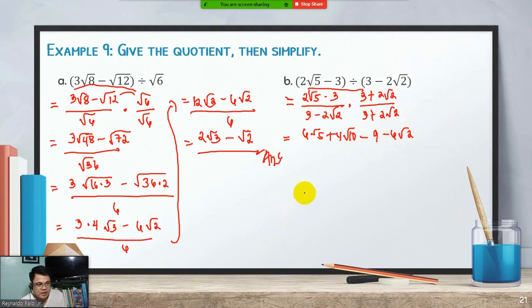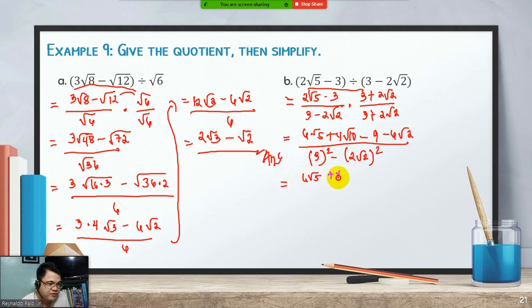Then the next thing, let us simplify the denominator. We have the square of 3 minus the square of 2 square root of 2. Next, 6 square root of 5. So let's see which terms we can combine. Based on my observation, there are no terms that we can combine in the numerator. So therefore, we can copy them directly. 6 square root of 5 plus 4 square root of 10 minus 9 minus 6 square root of 2 over